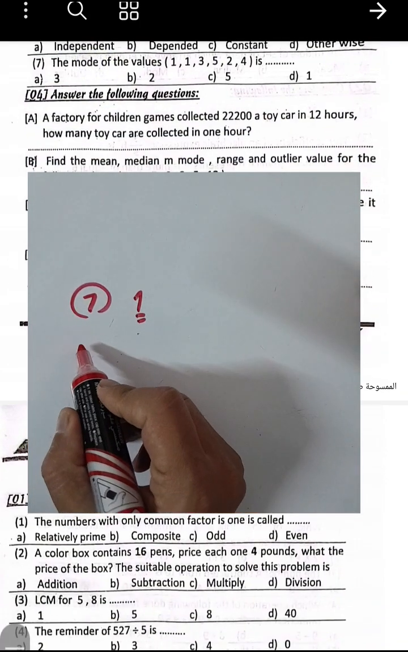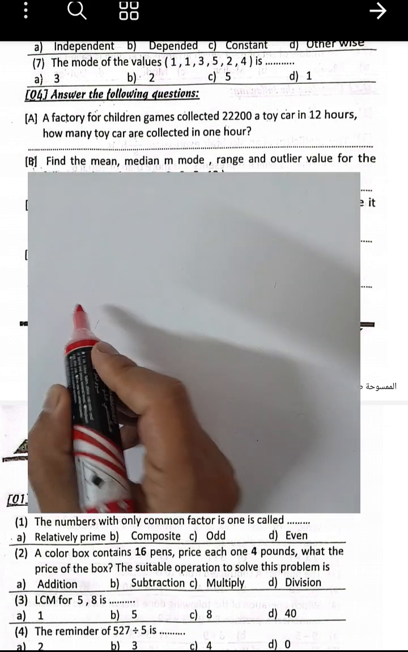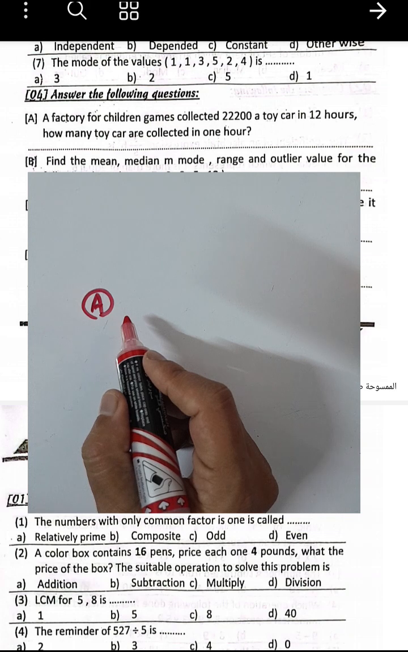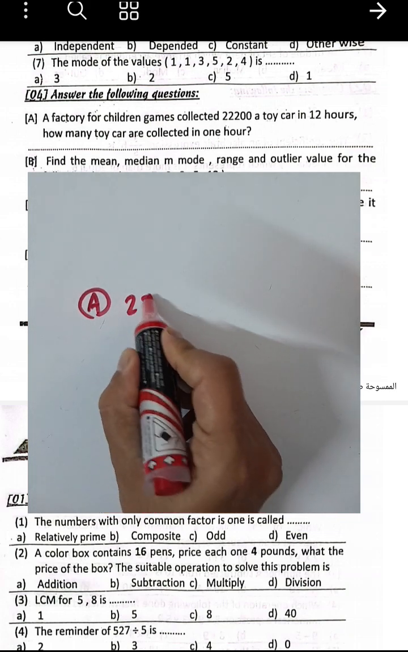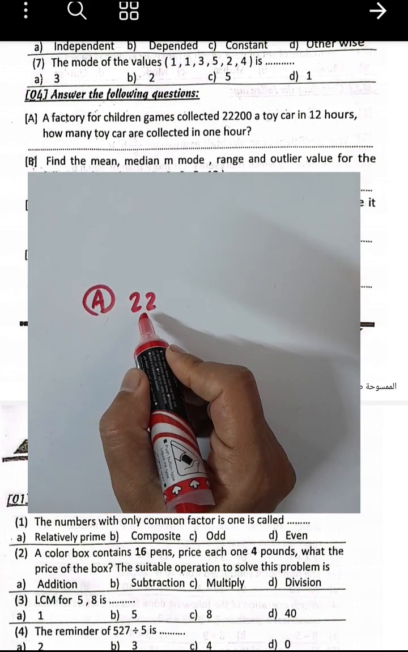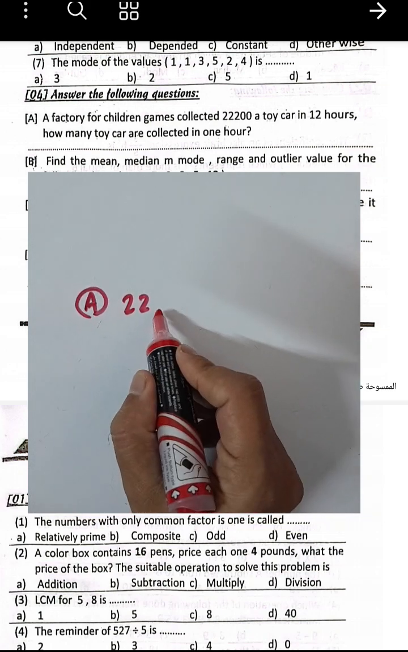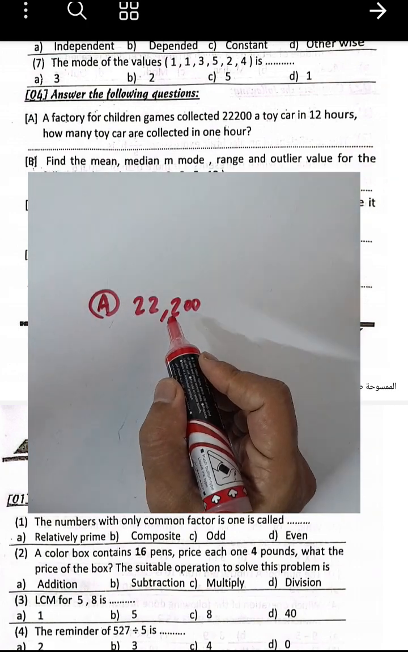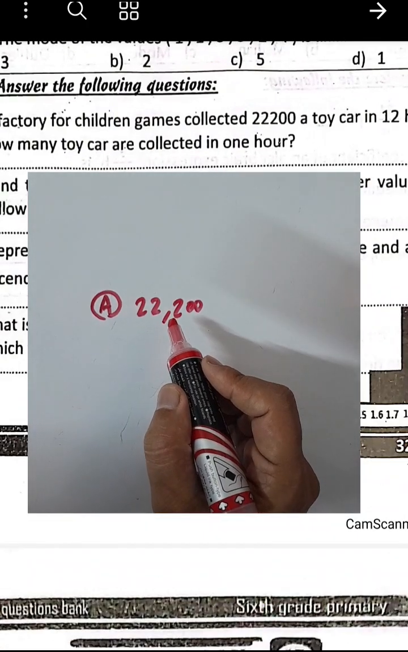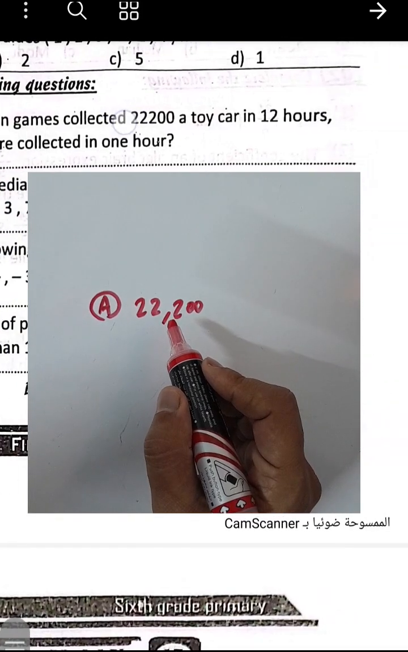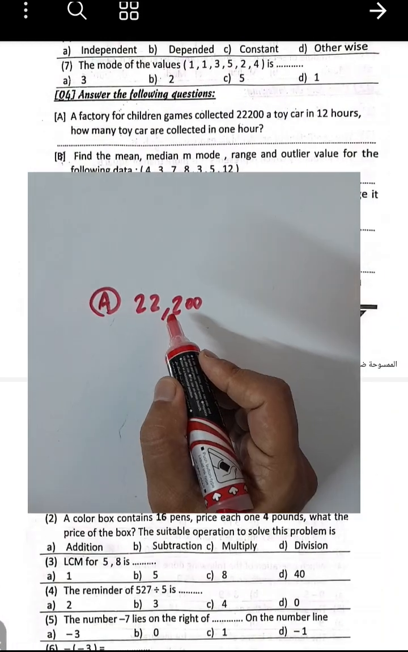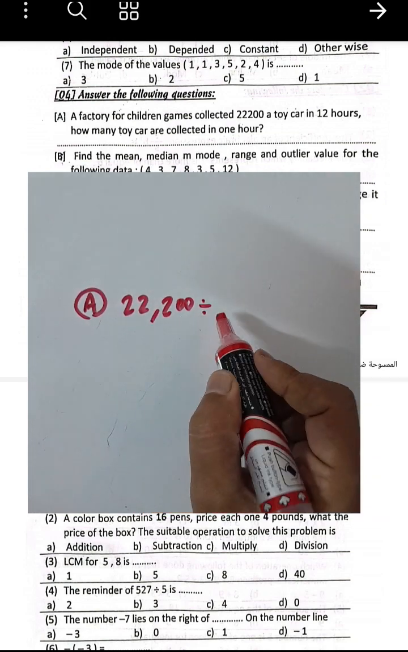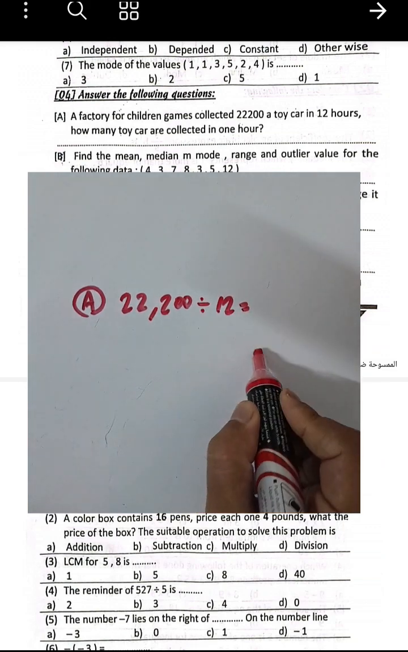Question number 4, letter A. A factory for children collected 22,200 toy cars in 12 hours. How many toy cars are collected in 1 hour? We can find it by using division between two numbers, right here 12 and